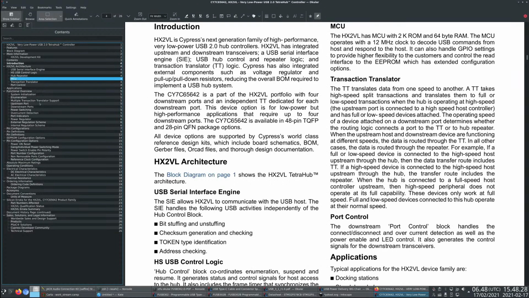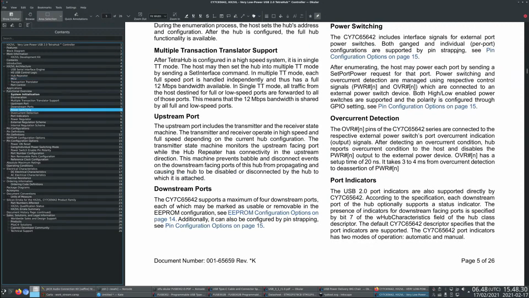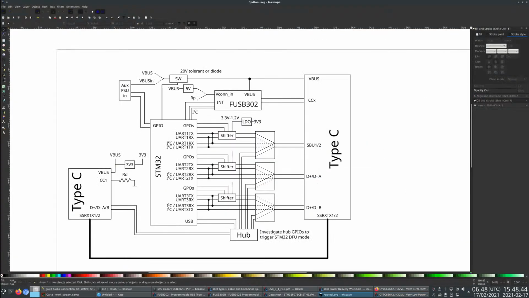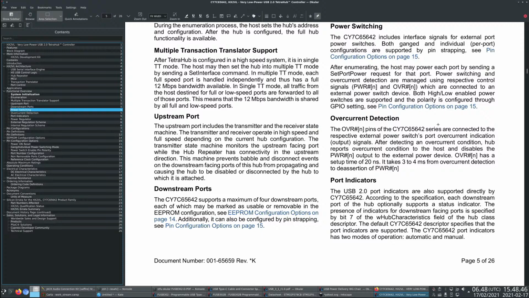As an MCU. Yeah, so there's this power switching thing, right? So it might make sense to just use this, since it's not like we're going to actually be using power switching anyway. Because the power switching for the downstream ports is not going to be useful for anything like these things, we might be able to get away with using that as a DFU trigger. So that's going to need a little bit more investigation, but